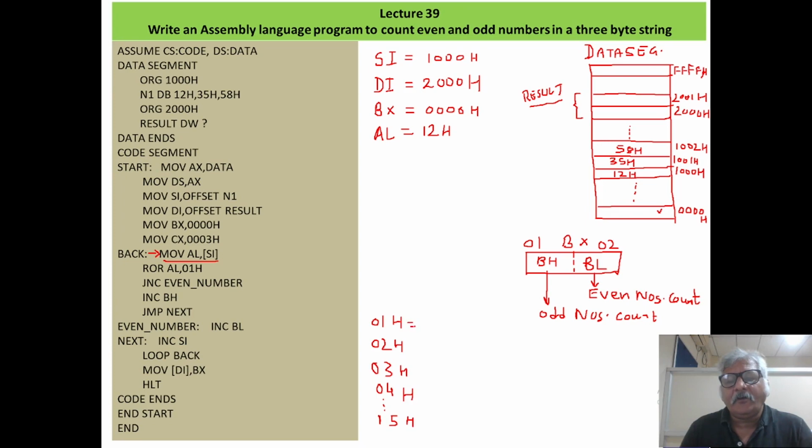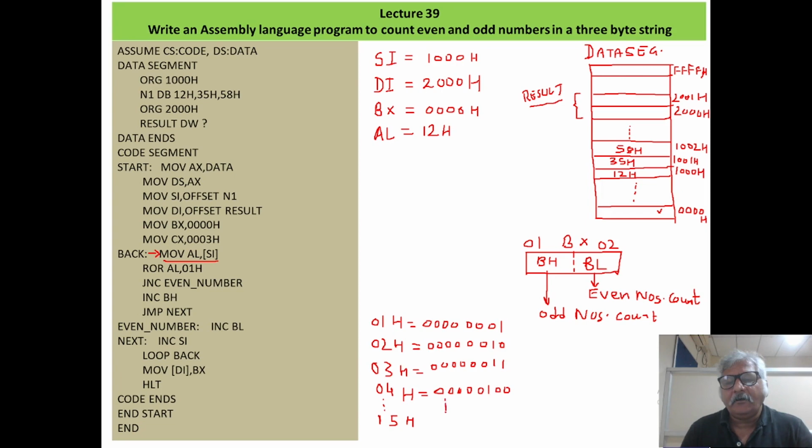So 01 in binary, how we will write? 0, 0, 0, 0, and 1 means 0, 0, 0, 1, and 02, 0, 0, 0, 0, and 2 is 0, 0, 1, 0, and 03, 0, 0, 0, 0, and 3 is 0, 0, 1, 1. 4 is 0, 0, 0, 0, and 4 is 0, 1, 0, 0.